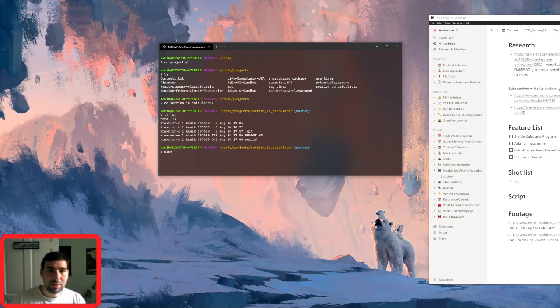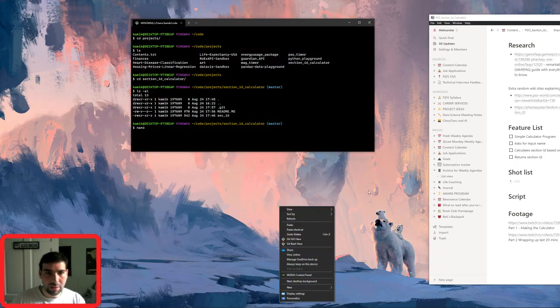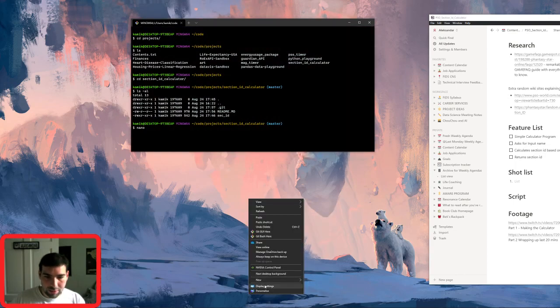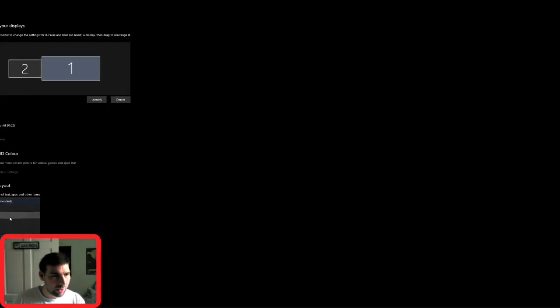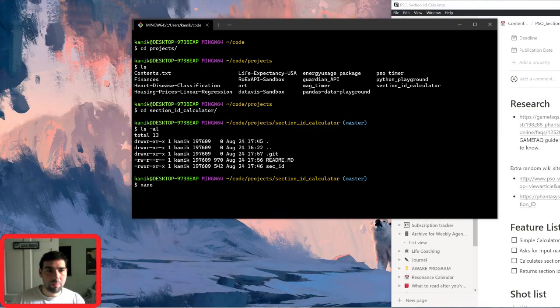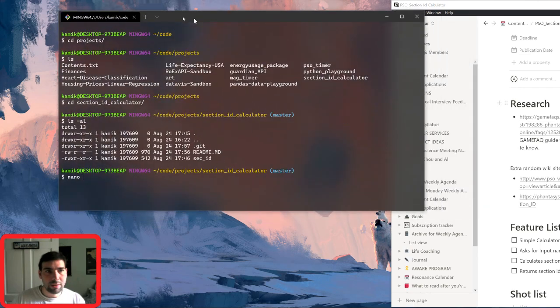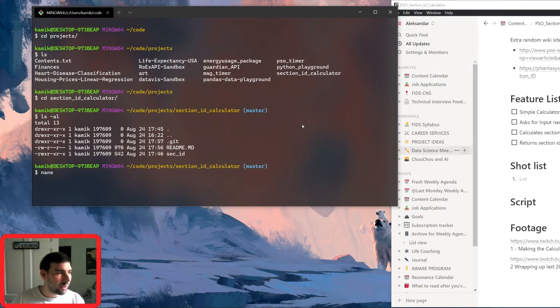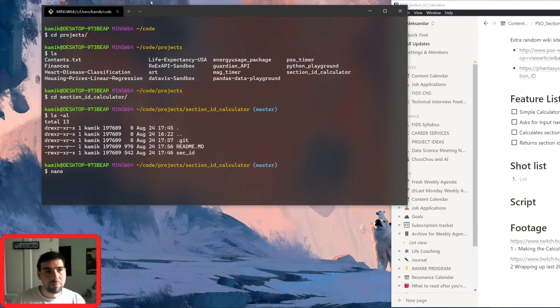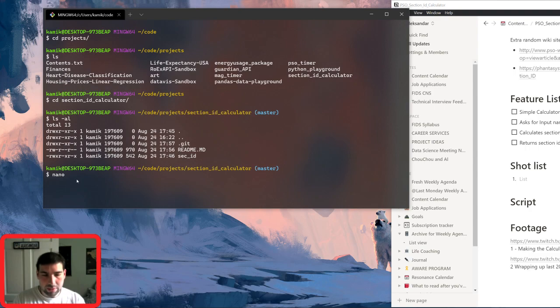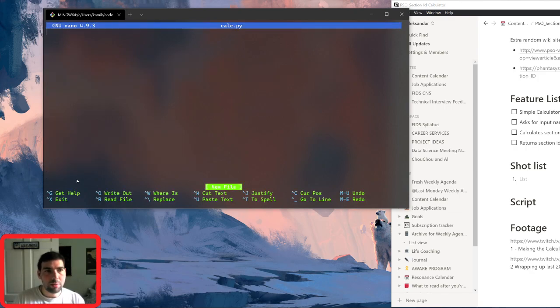Works just fine. I'm going to increase the resolution of the display here, so it's going to change the font a bit so you can see a bit better what we are doing. And there we go. Alright, good. Here's our feature list on the right and on the left here. So we're going to Nano calc program, calc.py. Okay, so calc.py is going to be our Python program, and therefore we're going to add a shebang